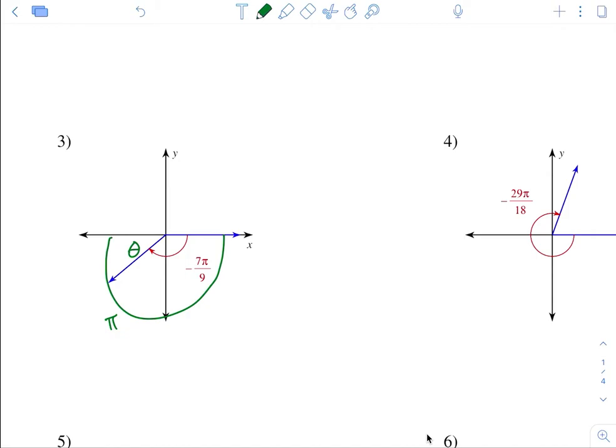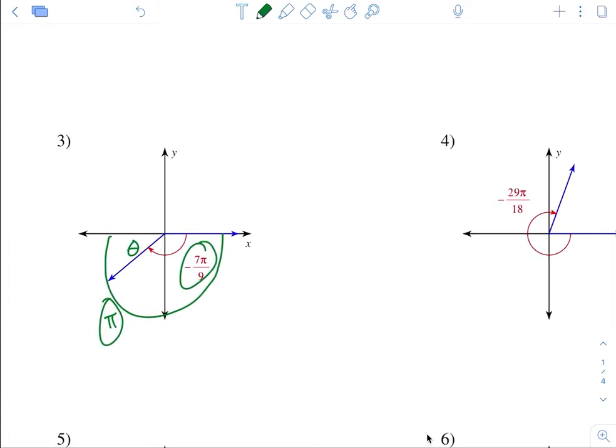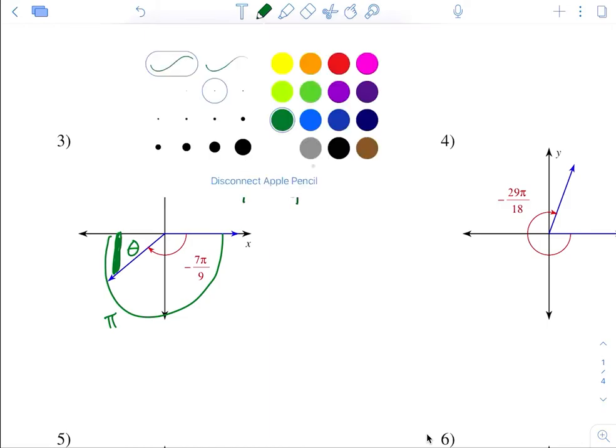So if we subtract this from pi, then we can find what this angle would give us. So pi minus 7 pi over 9,